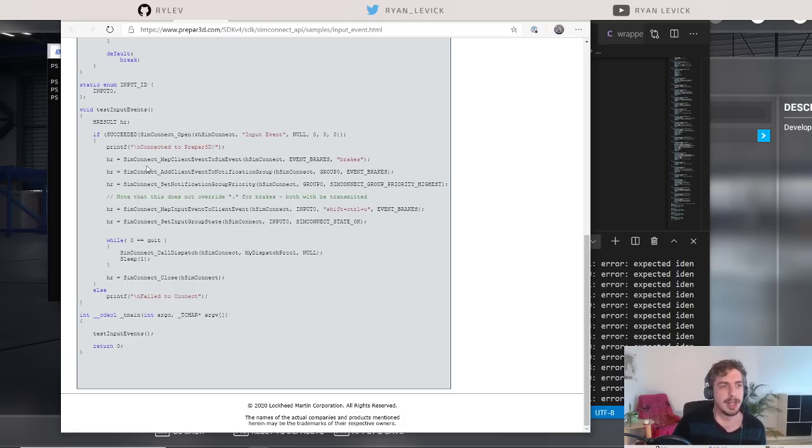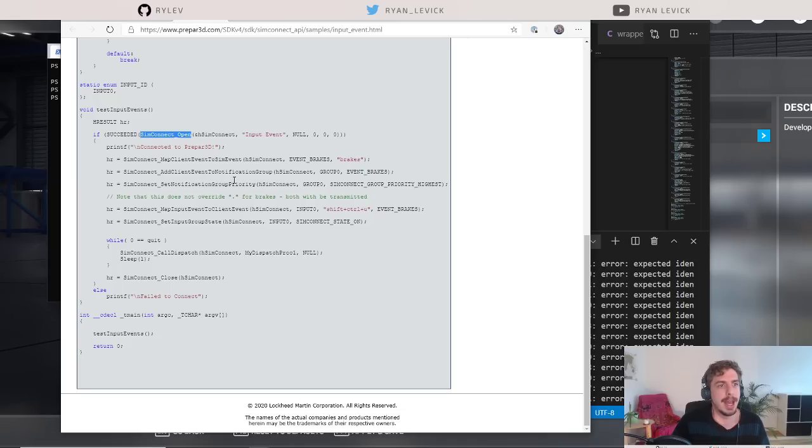They're, I think, 32-bit signed integers that indicate some kind of result, usually with 0 being success and then non-zero values being some kind of error value. And SUCCEEDED is a macro that simply decides whether the HRESULT is a success value or not. And the first thing that we're doing is calling SimConnect_Open, which presumably